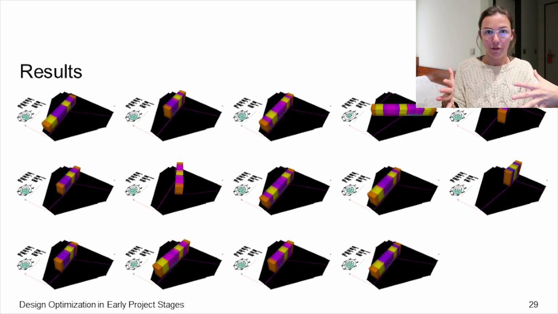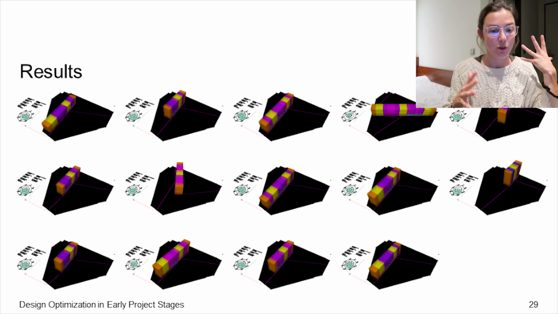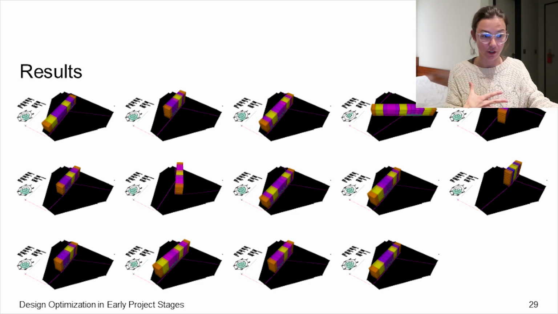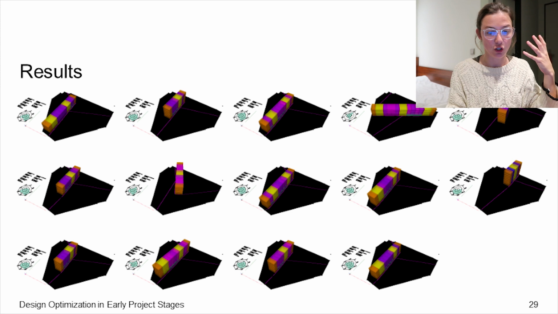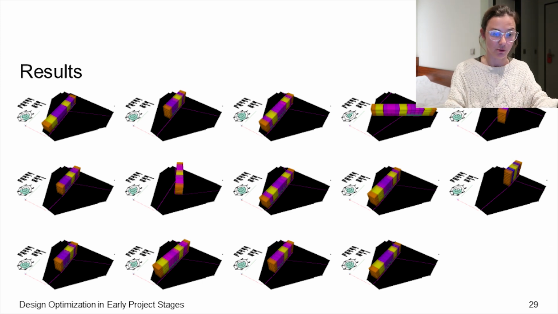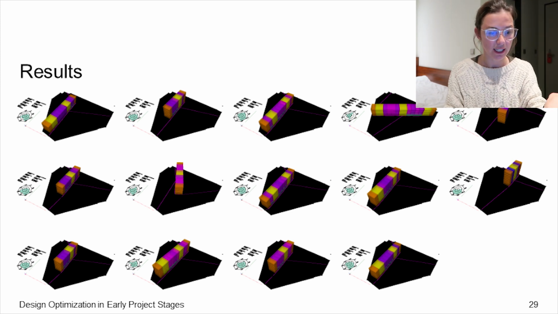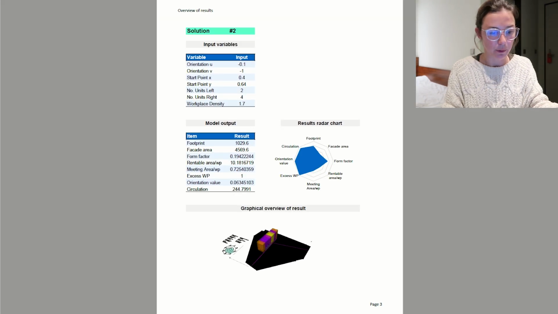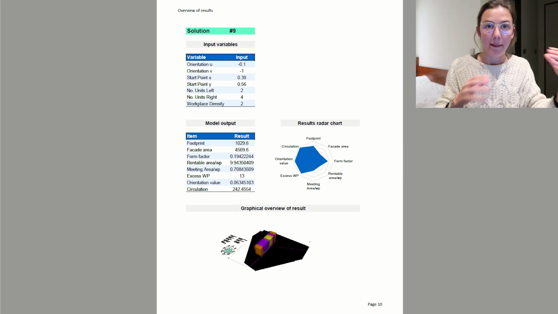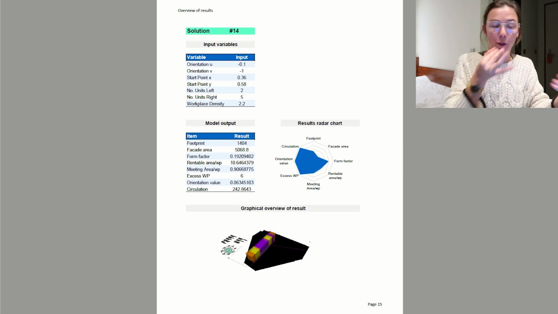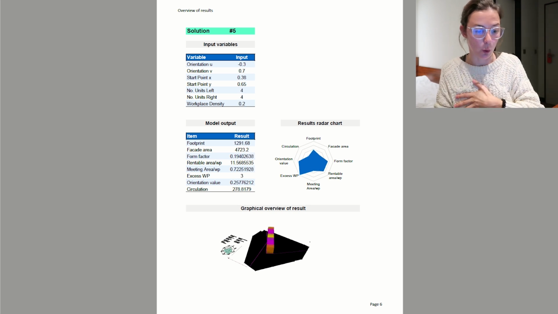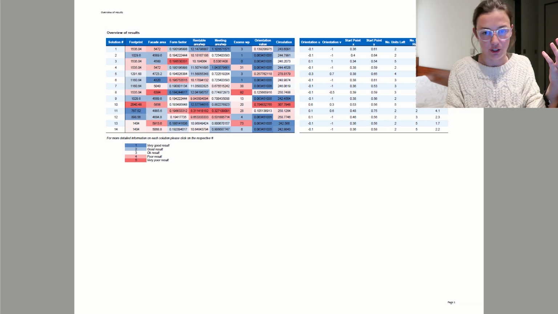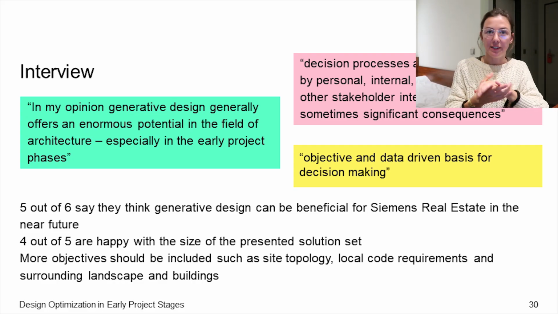So I set the algorithm to work and received 14 results from the Pareto front with very different scorings in each design objective. So we can see the scoring here in this overview, and the decision maker will then be able to select solutions based on personal preference. So if they rather want to go with a decreased footprint or more rentable area, etc. So afterwards I carried out